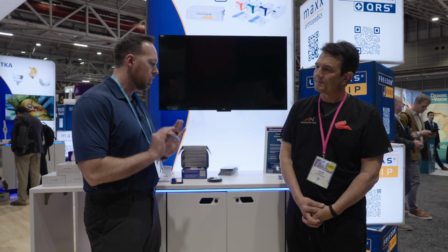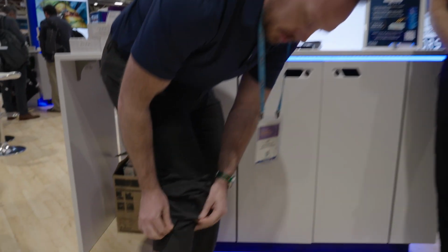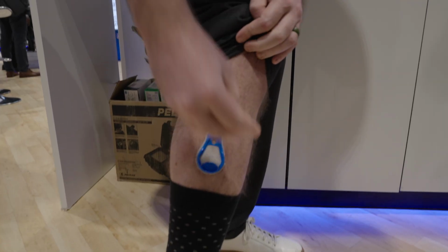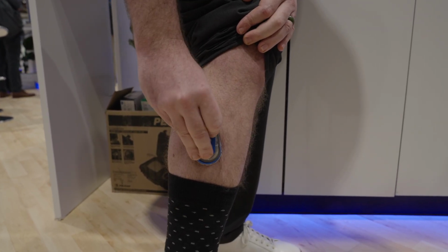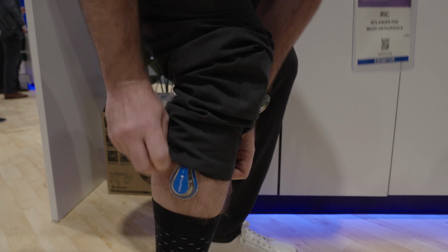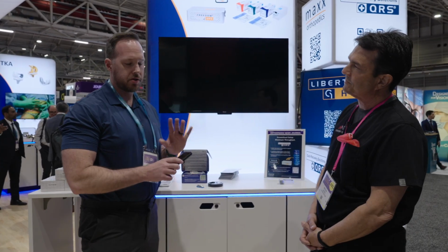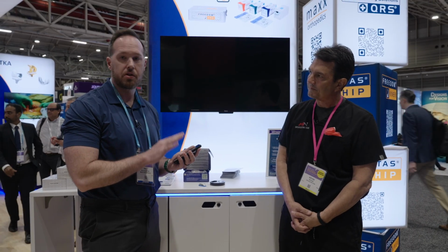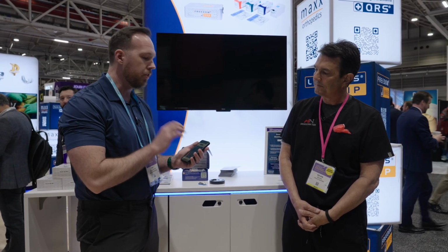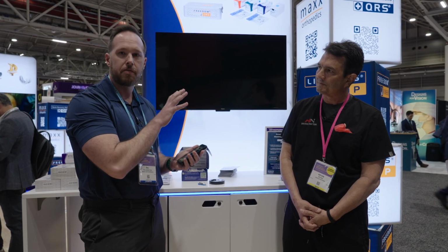So, high level, and then showing it on my leg real quick. The device is replaced each morning, but once again, the patch stays on for about 10 days. The devices are then popped in. Those devices communicate to a patient application, so they can do things such as their own guided exercises. They can see their leg move in real time. All that information is pushed up to the cloud,